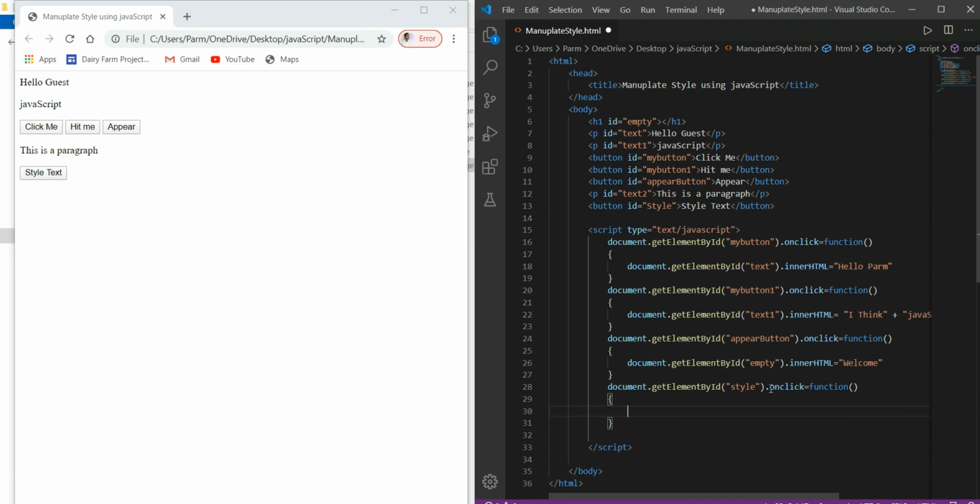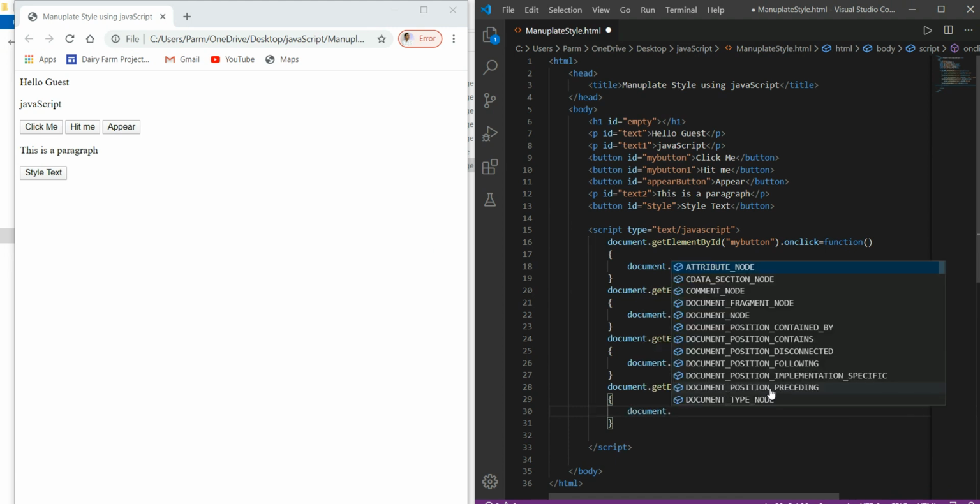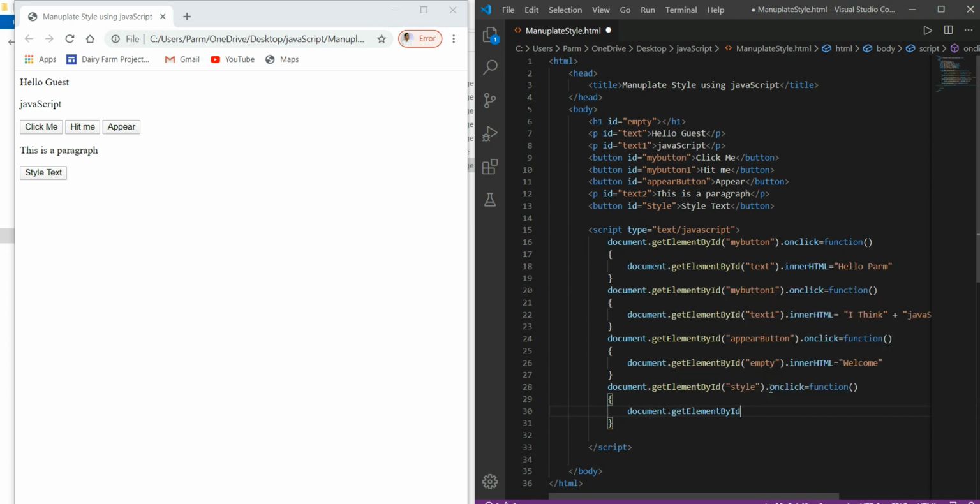So here we have to write document.getElementById, and we want to make changes to this paragraph, so the ID of this is text2.